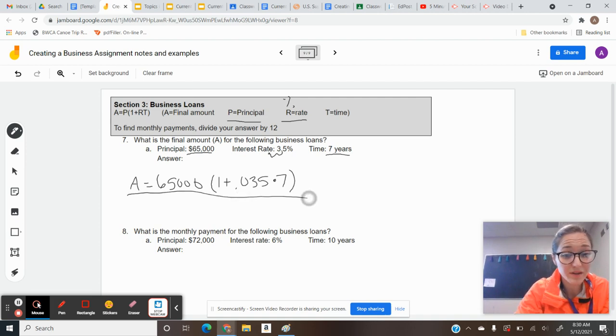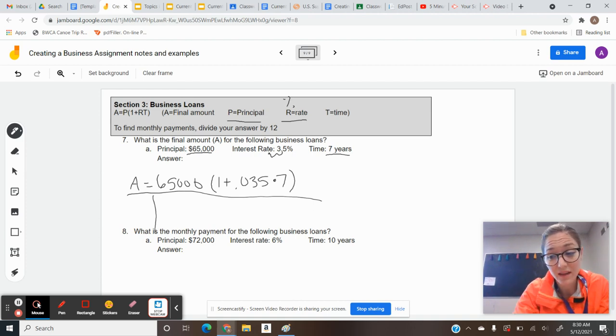All right, so now it's kind of like just solving for x or simplifying this equation. The first thing that I have to do is look at my parentheses to see if there's anything in there that I can simplify. And I can take this 0.035 multiplied by 7 to simplify that. And I could also add 1 onto that because these are all like terms. And when I do that, I get